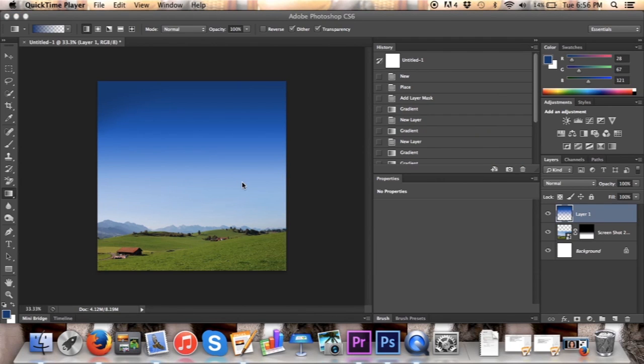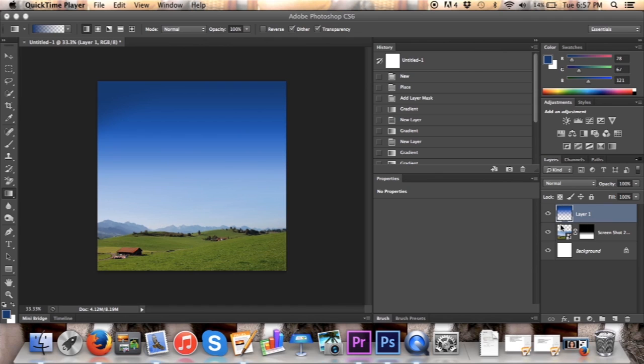All right, I'm back, and I think I've got it the way I want it. I just kind of added another gradient here, as you can kind of tell. Okay, so now the next step is going to be to add a couple of adjustment layers. And it's going to make it just look a little more kind of surreal, I would say. And so to do that, we're going to change,